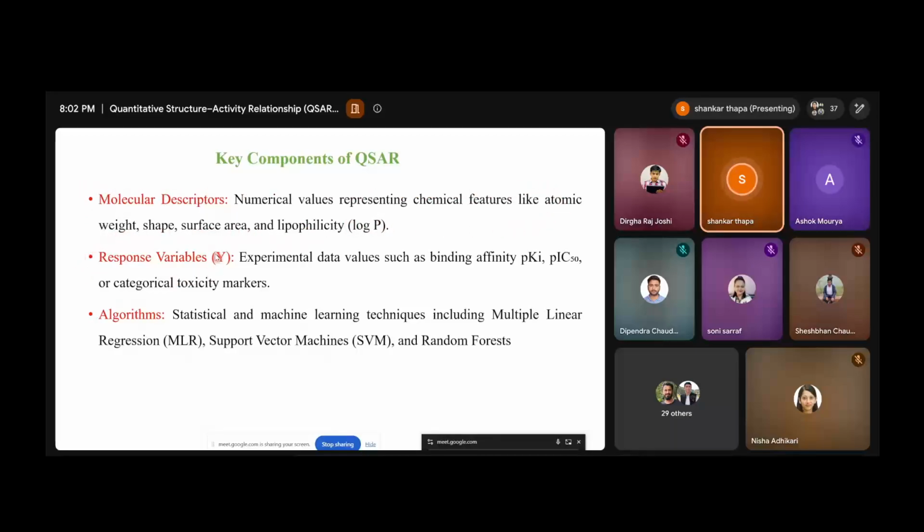Okay, another thing is the response variable. The response variable is experimental data, which I have been calling biological activity from earlier. We call it the response variable, which can be placed on the Y axis; it is experimental data, a value that must come from an experiment. We can take binding affinity, Ki or the IC50 value, but in the form of a pIC50 value. Or if you are designing for toxicity, then you can take a toxicity marker. So that is the response variable. That means it's the actual experimental value which we are going to take either from the database or from published articles. A scientist has already done it and given the real value, so we take that value.